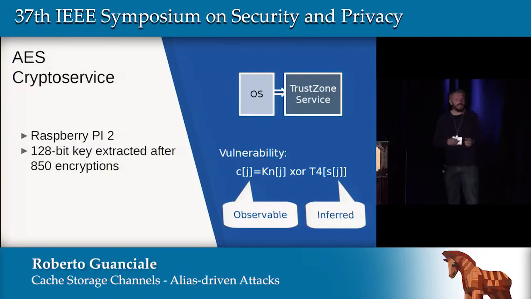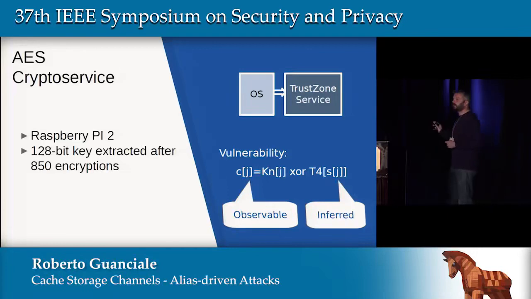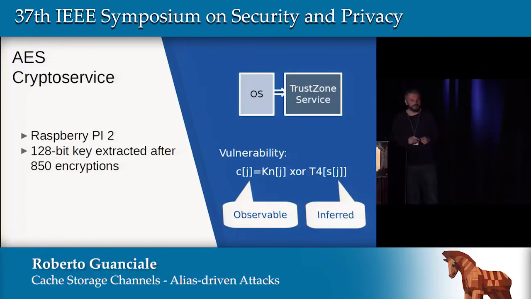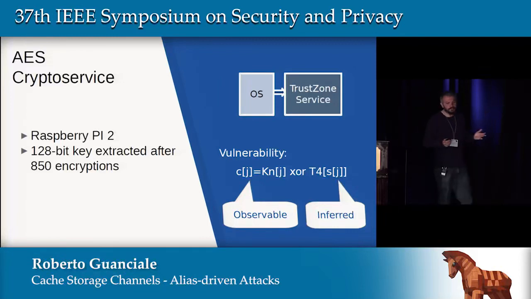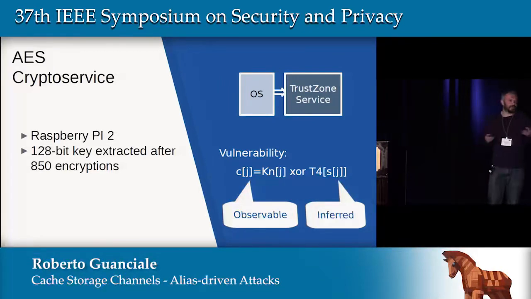So for the confidentiality threat, we experiment with AES. We took an existing implementation of AES. We deployed this implementation inside the ARM TrustZone. This is a special security domain of ARM that is designed to isolate the critical components from the untrusted operating system. Now, this implementation has no vulnerability. It implements the crypto algorithm using lookup tables.